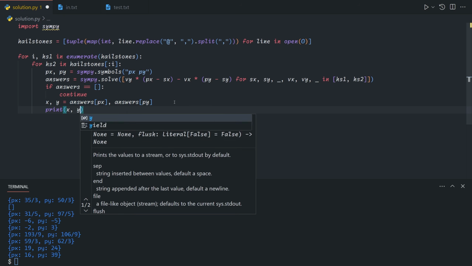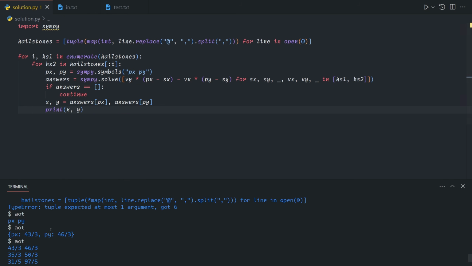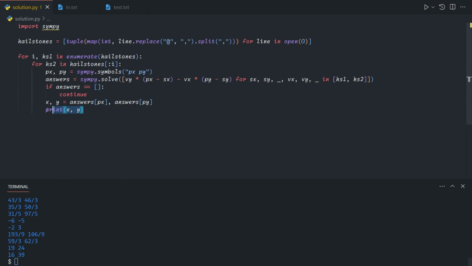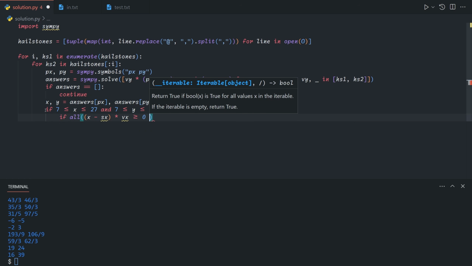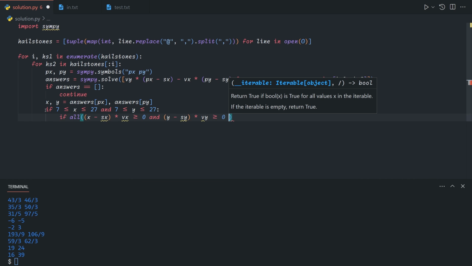And so these are all of our intersection points, and now we just need to check if they're in the future and within bounds. So if 7 is less than or equal to x less than or equal to 27, and 7 less than or equal to y less than or equal to 27, now we check if they're in the future. So if all x minus sx times vx is greater than or equal to 0, and y minus sy times vy is greater than or equal to 0